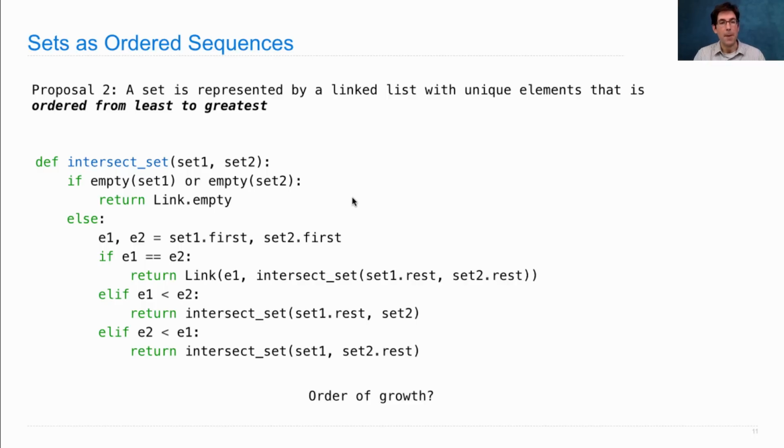Now this implementation of intersection is actually a lower order of growth than the intersection algorithm we had before. This is theta n, where n is the size of a set. Because the size of the sets together is just 2 times n, and we're making progress in at least one of the sets each time, sometimes both. So we're going to take on the order of a linear number of steps in order to process both sets together. And we can only do this because we're taking advantage of the ordering for the implementation.